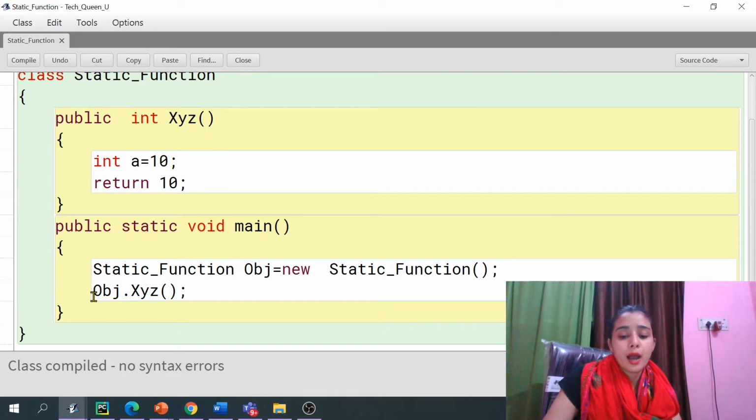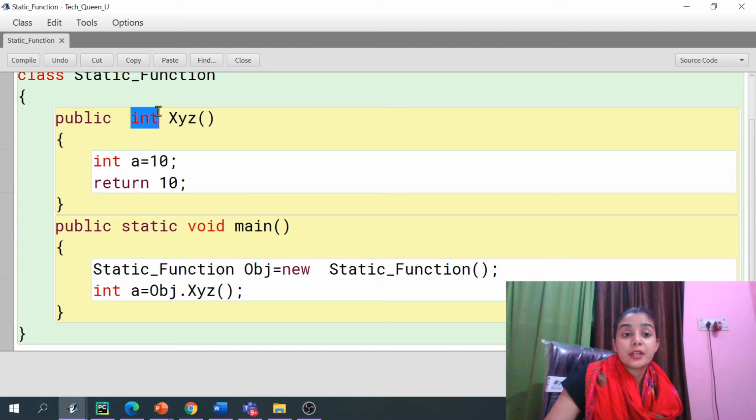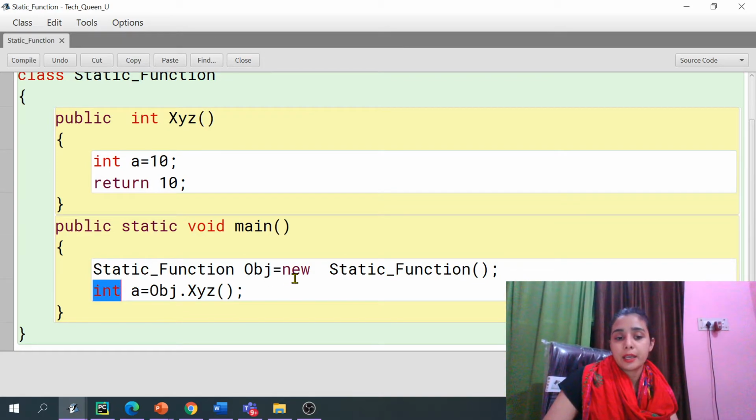So what you have to do is give an integer a there. You can give anything, a, b, c, whatever. But if it is returning an integer, you must also put an integer there. That means the function is returning an integer type of value, and here the receiver should also be of integer type, right?